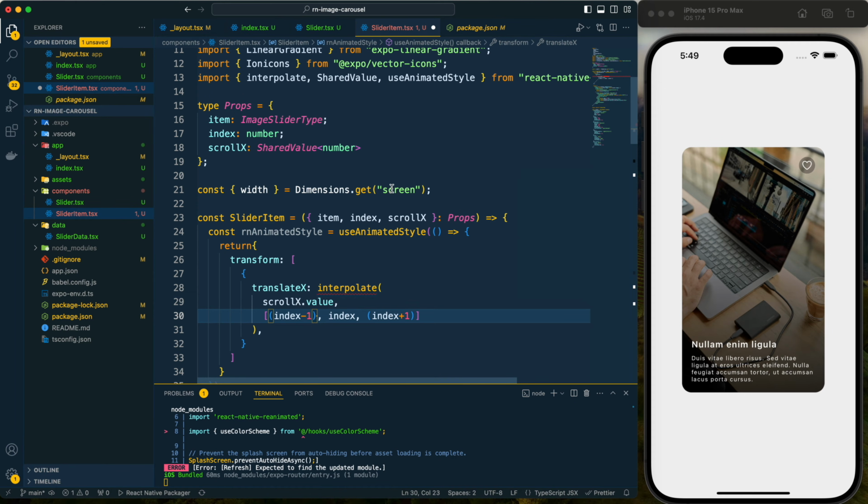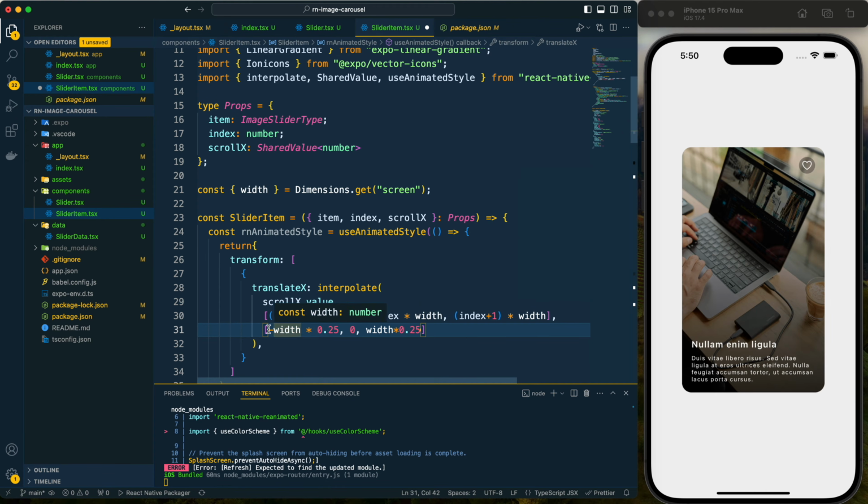with this we need to provide width. We need to multiply with the width for each item, because we have the full width for this carousel. So this is our input range, and for the output range we need to provide width multiplied by 0.25, then 0, then for the next item it would be width multiplied by 0.25.